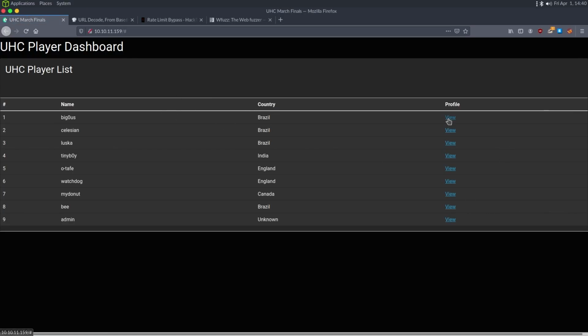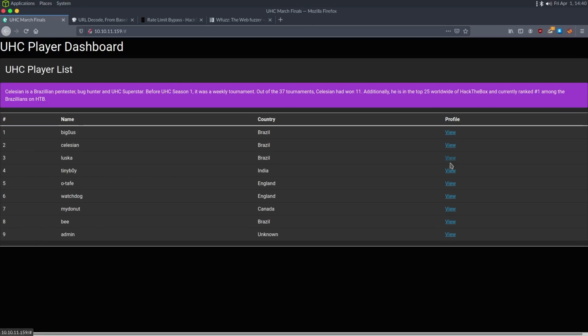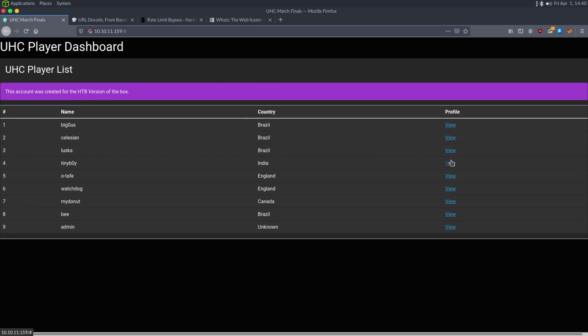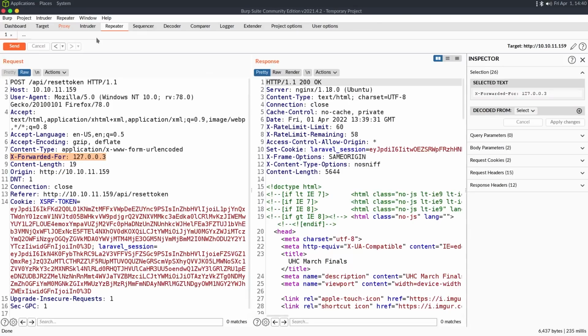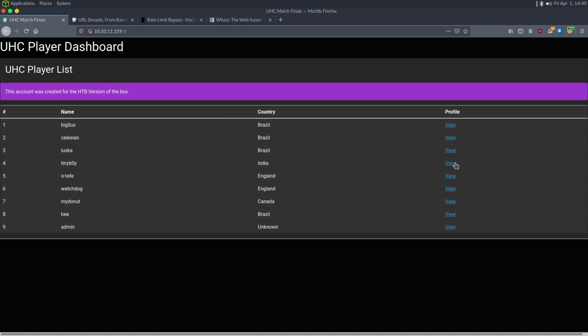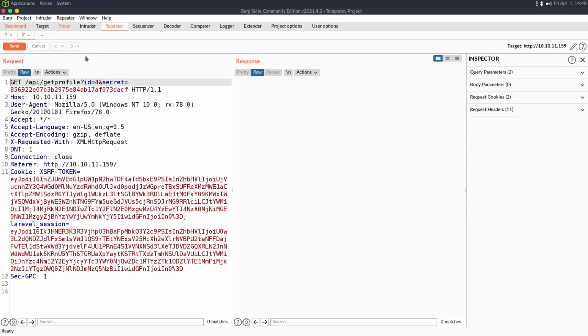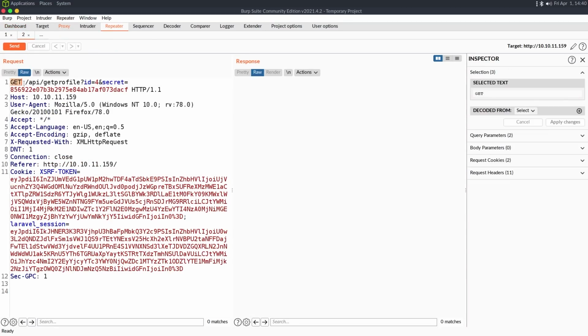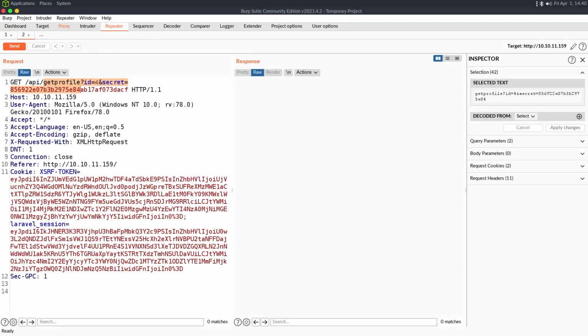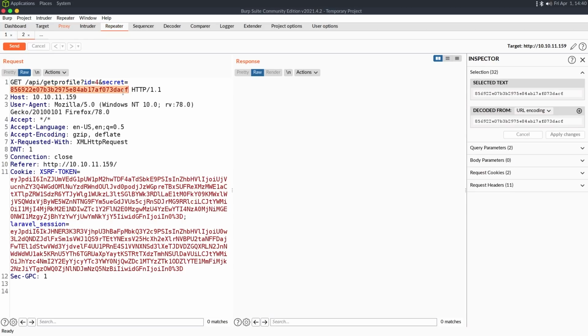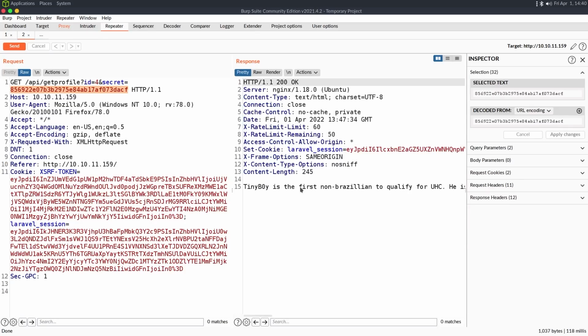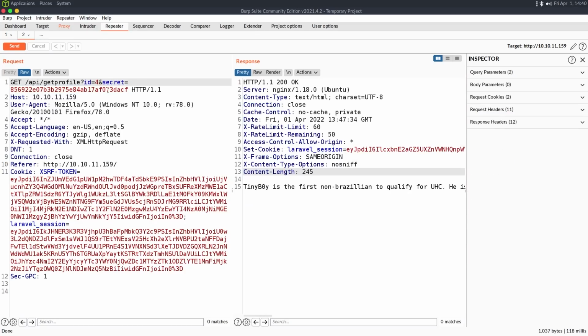And if we click on the profile for view, we can find information about all the players. So nothing really too interesting here. We can see the admin account was created for the HTTP version of the box, but I'm going to go over to Burp Suite and we're going to intercept this and see what this request looks like. So we have a GET request. It's going to API GetProfile, ID equals 4, and it has a secret parameter. I don't know what that is, but if I changed ID, let's do ID equals 3,